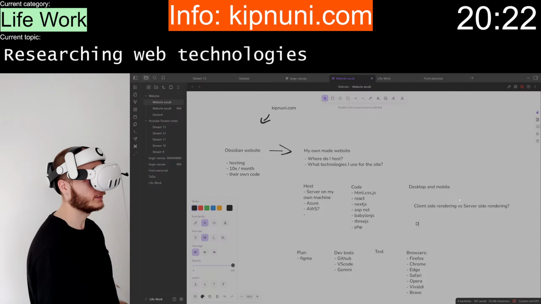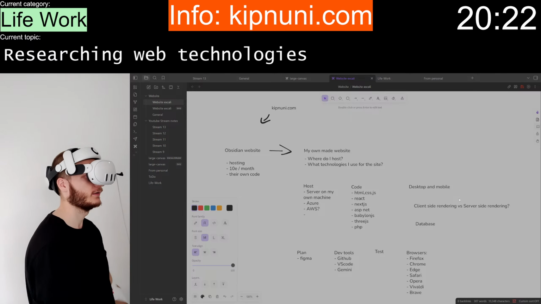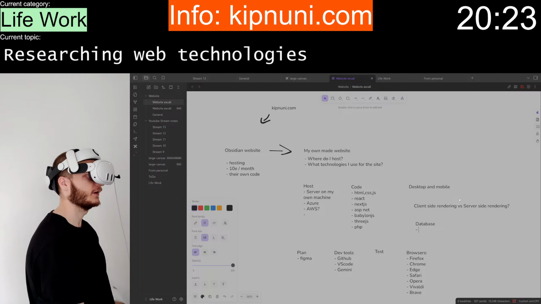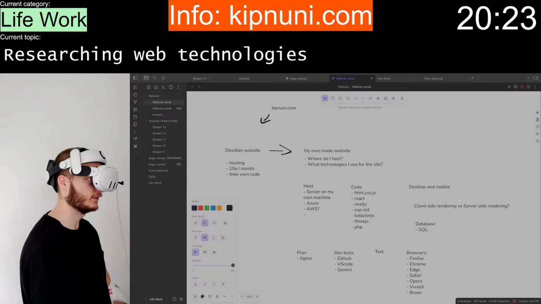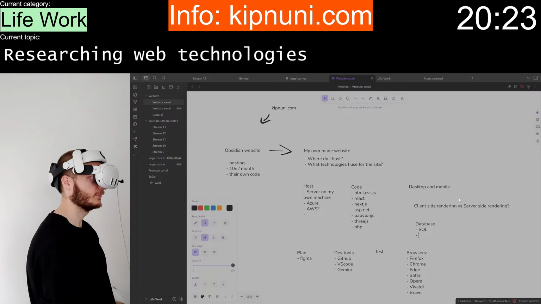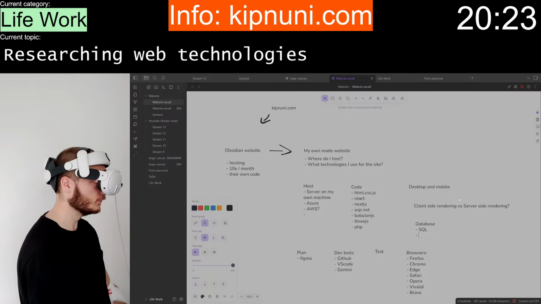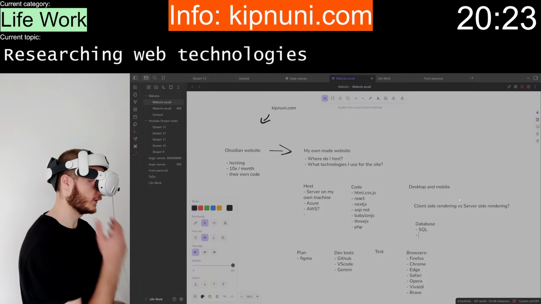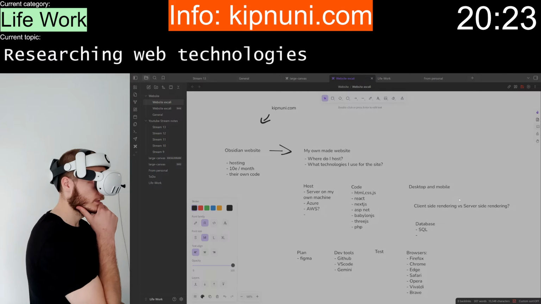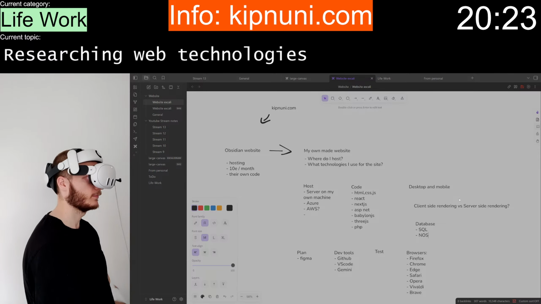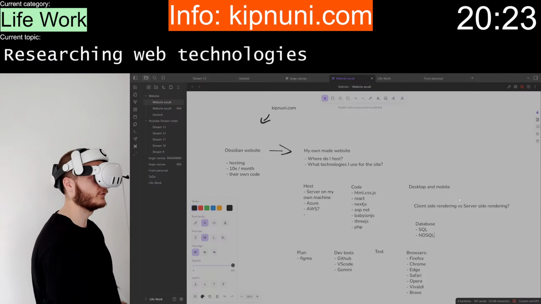And then database. I have used SQL, MySQL, or MongoDB, but structured.